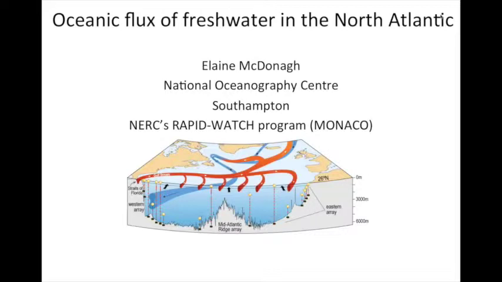Okay, so when I talk about freshwater fluxes in the ocean, or when I'm thinking about freshwater, what it is, is the integrated fluxes, the integrated exchanges of freshwater that the ocean has with the atmosphere, with the cryosphere, with the hydrosphere, and integrating that through the ocean. So the way we access that information is the salinity measurements that we make in the ocean. And because our salinity measurements are so good, we can get really quite precise volume fluxes of freshwater accessed through